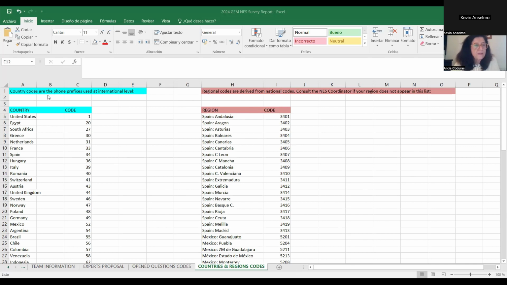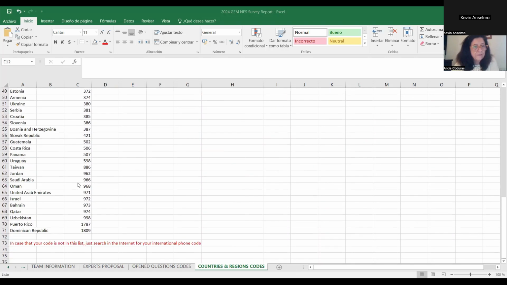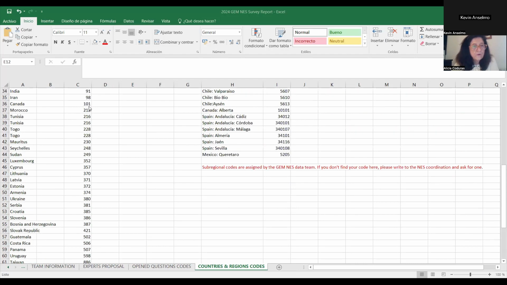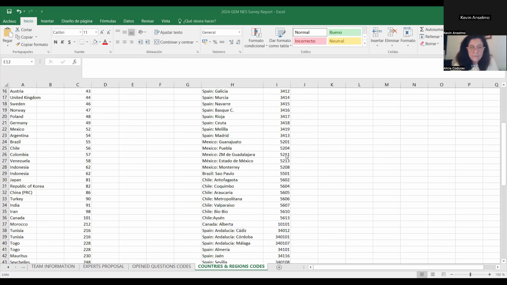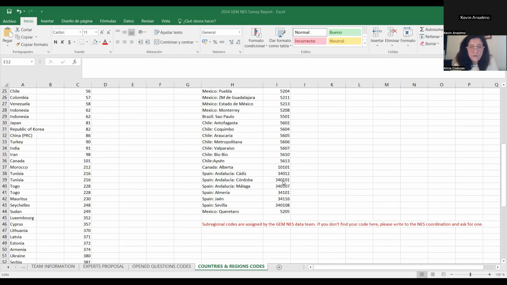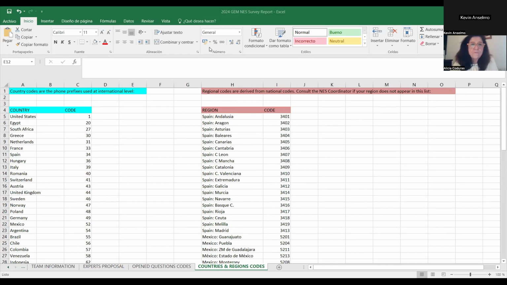The last sheet is providing all the country codes that have been participating in GEM up to date. As you can see here, there are some with 4 digits, some of 3 digits, and most of them of 2 digits. And then the region codes, usually of 4 digits, but some countries are doing even provinces within regions, and this requires longer codes, okay? Well, so